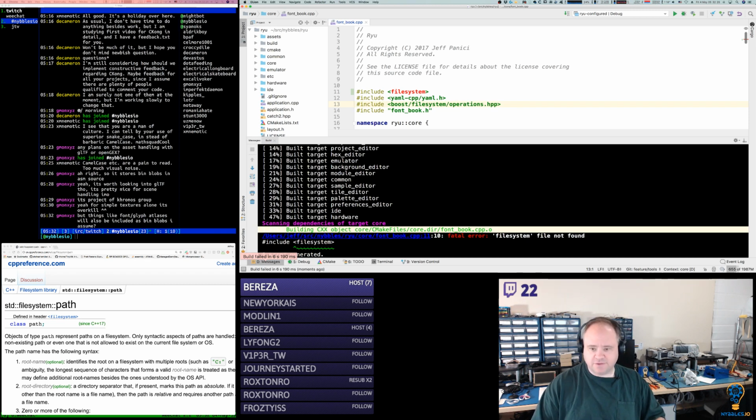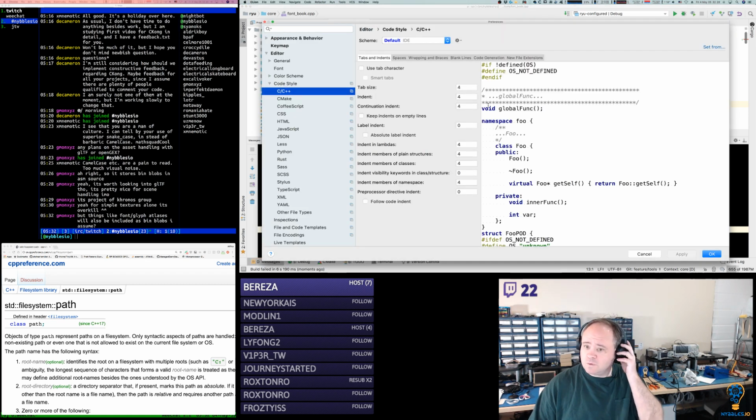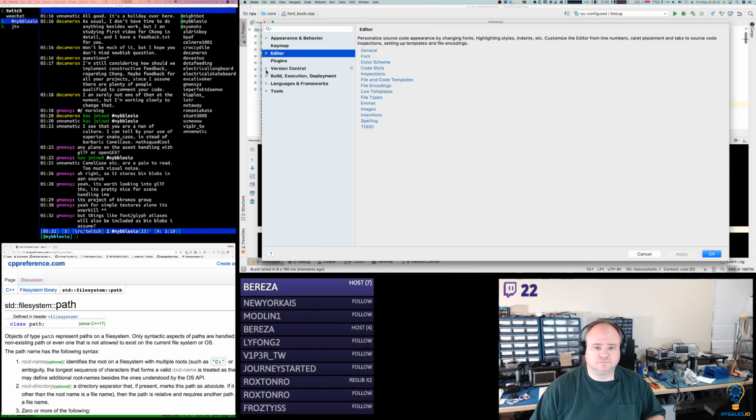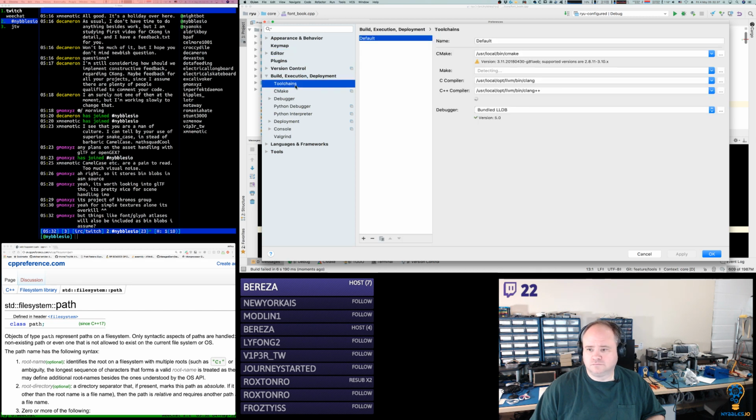I'm still pointing at the right version of, usually local opt LLVM.